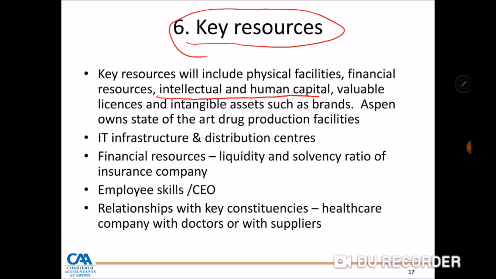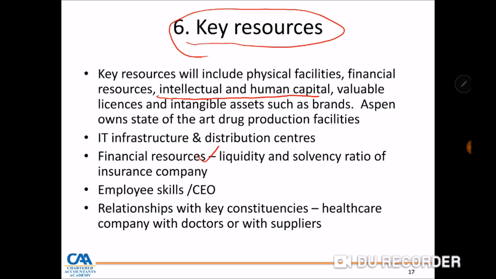You're going to see that for most global businesses these days, big companies like Amazon, for example. Amazon is an online retailer. Amazon may not be big on physical infrastructure, but they carry a big intangible asset, being their platform. So these days, I'm sure from a business perspective, you might realize that businesses are moving away from having key resources in physical infrastructure, and more towards intellectual property, which also forms a key resource.